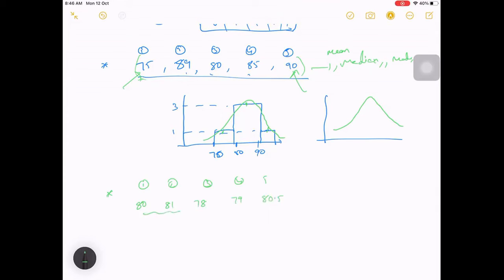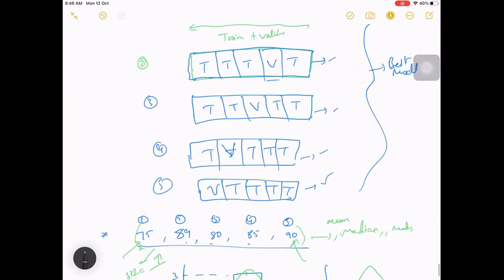Here the difference between each of them is very small, so your standard deviation will be very low. But here, your standard deviation is very high. So we can conclude that this model is very inconsistent, varying so much, and we have to try a different approach.